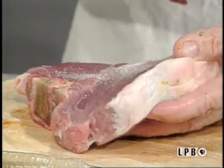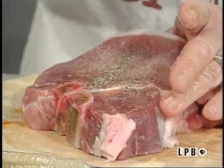Now we want these to taste as good as they can be. Okay. Now,